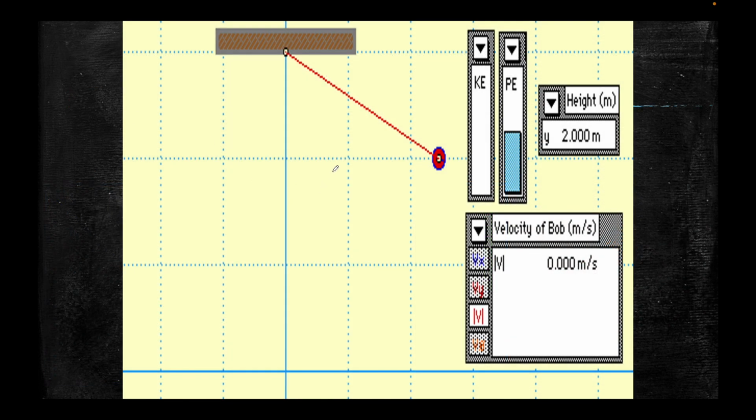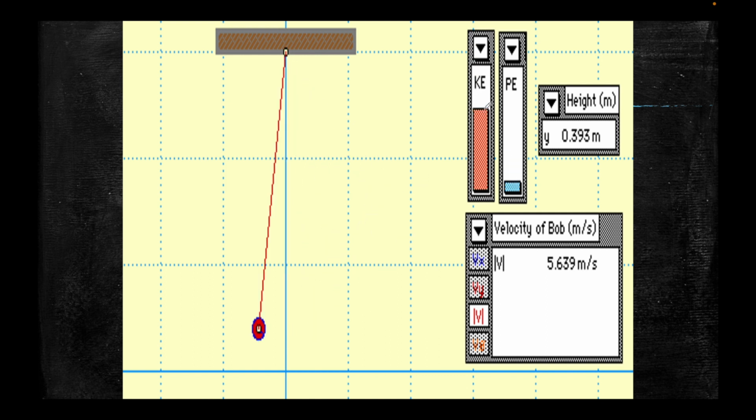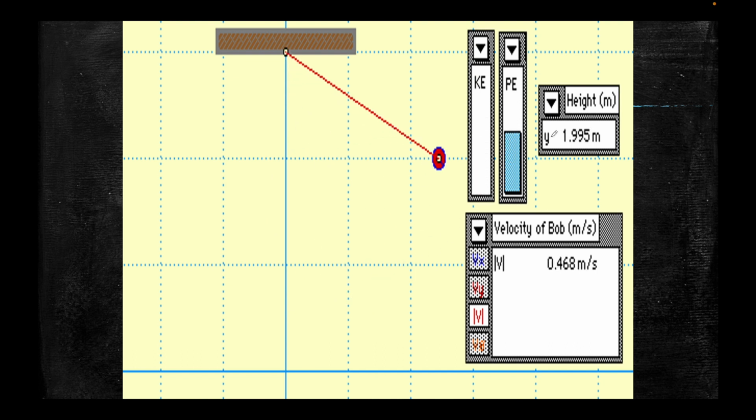So here is another example of a pendulum. It's swinging. As it's reaching the center, it's getting very fast, but as it gets to the top of the motion, it slows down, stops, and then comes back again. And as it's slowing down, it's getting higher, so the potential energy is increasing. I should say, so that was 2 meters. And then it will go back down again, and it's going to reduce the height, reduce the potential energy, but it will increase the kinetic.